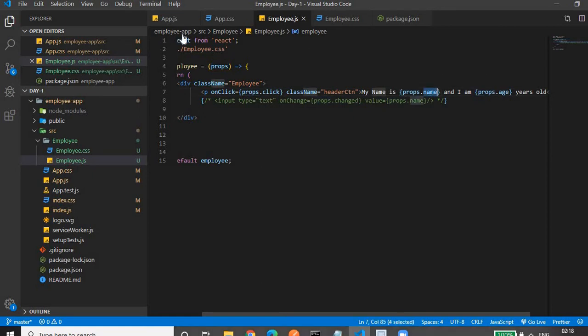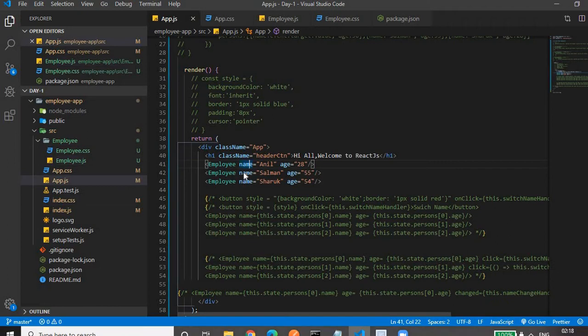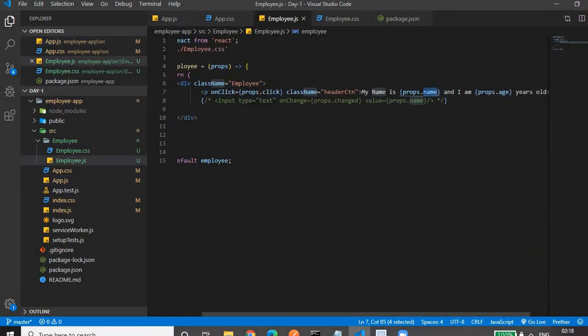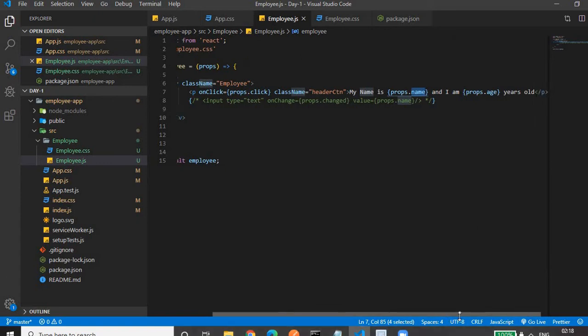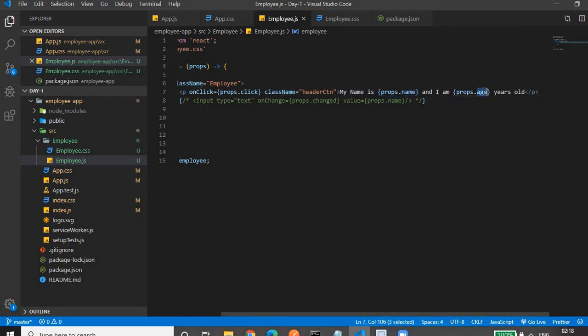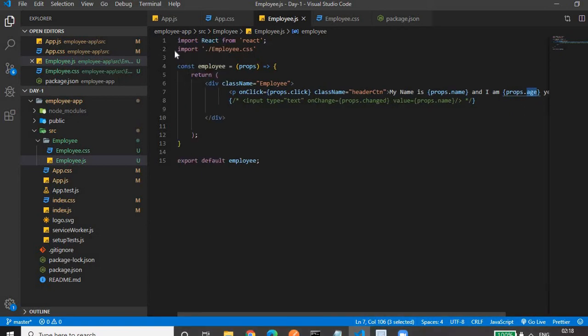This name refers to this name property. Okay, then similarly we have props.age for retrieving the age value. So this is how we are passing the data from parent to child, and we are accessing the data in the child by using props. So props.propertyName.